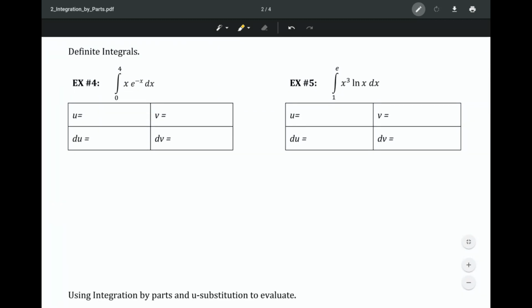Okay, so let's go to example 4. So now we're going to do a definite integral. And it's going to work out pretty much the same. All right, first you have two functions right here. You want to pick one to be u and the other one to be dv, or v prime. In this case, we're going to pick x to be u. And again, if you do it wrong, you can just go back and do it. But according to our acronym, which I'll write up here,